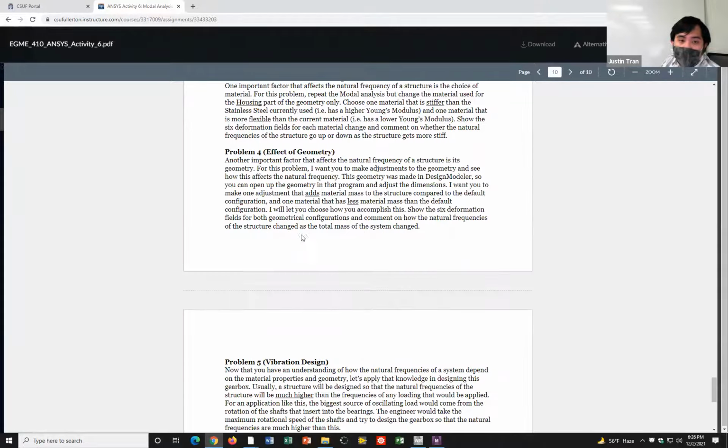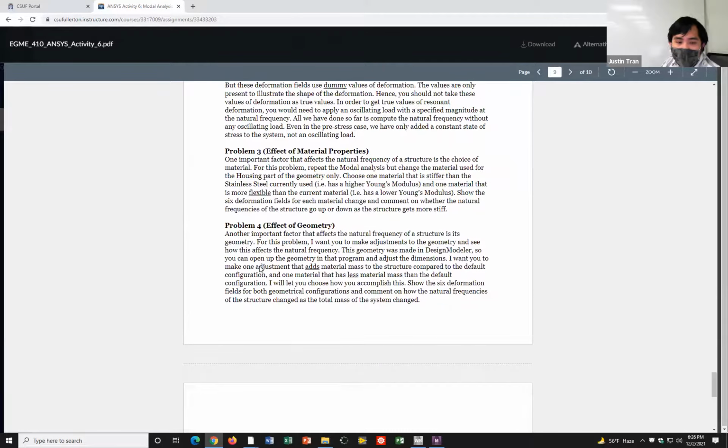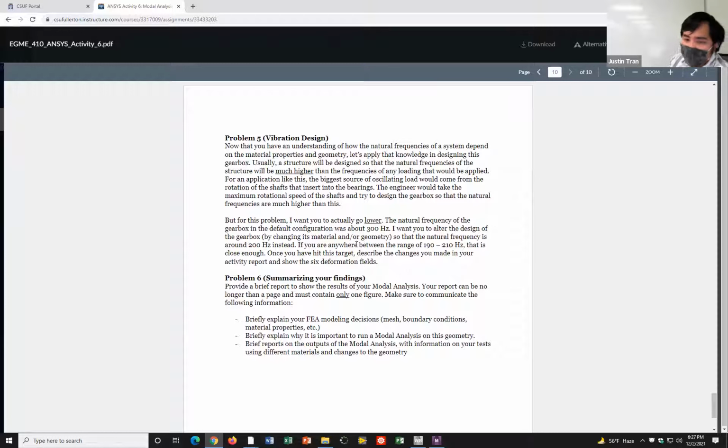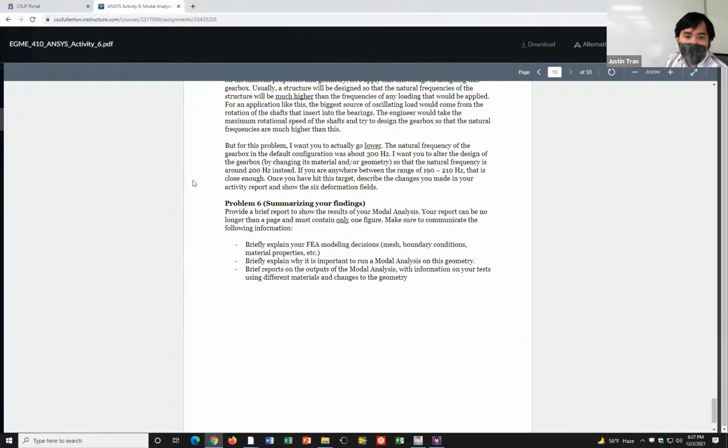Based on what you learned from problems 3 and 4, apply some of those changes so that your natural frequency is in the range of 190 to 210 hertz. As long as you're within that ballpark, that's fine. Once you've hit that target, describe the changes you made and show the six mode shapes. Then problem 6, as usual, is just to summarize your results.